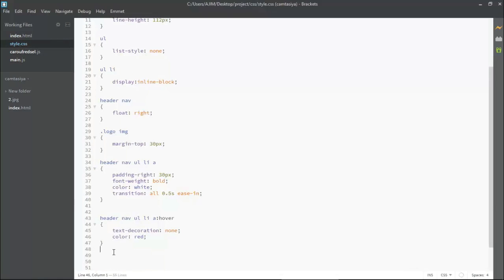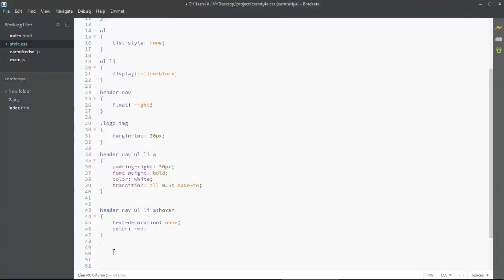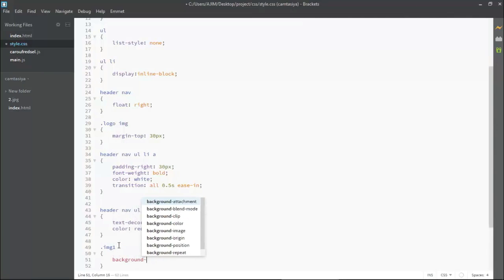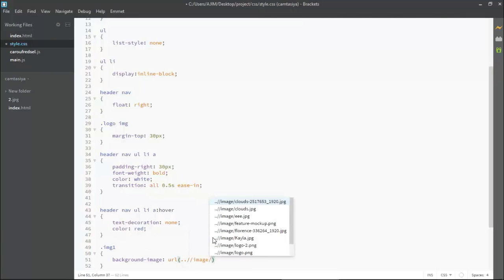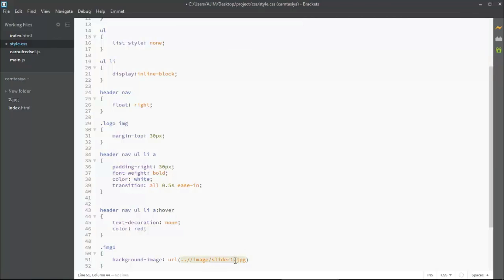Firstly I am putting an image here. I'm creating an image class here, so I'll be calling this image inside the slider. I'm giving an image name like image1. Inside this I am putting my image, which is this background image url. My image is available inside the image folder, and the image name is slider1.jpg.